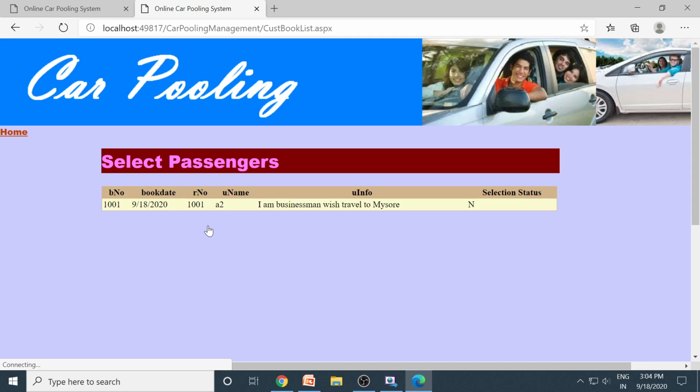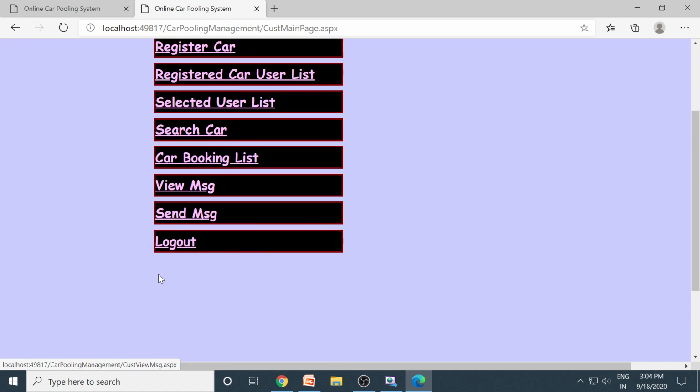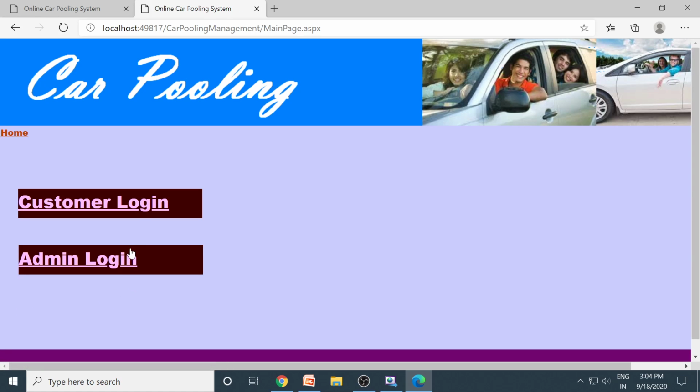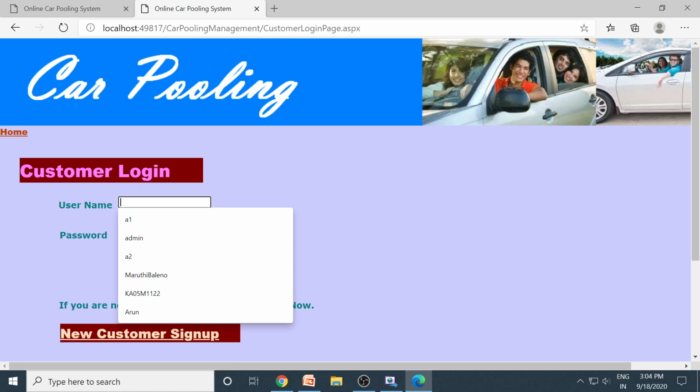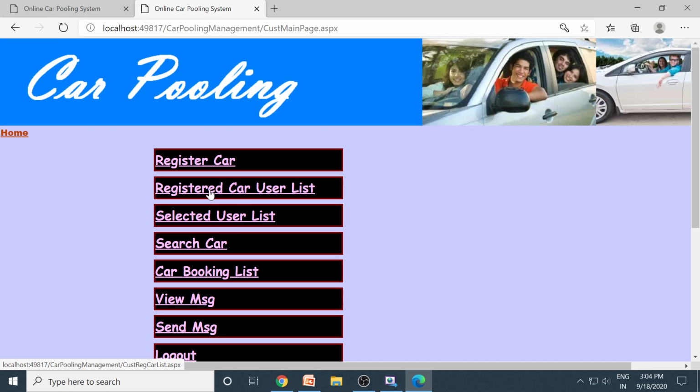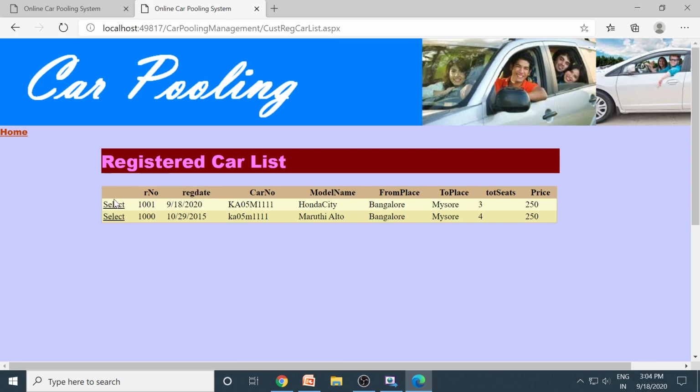Right. So car booking list. So here you can see that your status is not yet approved. It's pending. N is pending. Y is approved. Now we log out from here. We log into A1. So login as A1, login. Now we go to the register car user list.